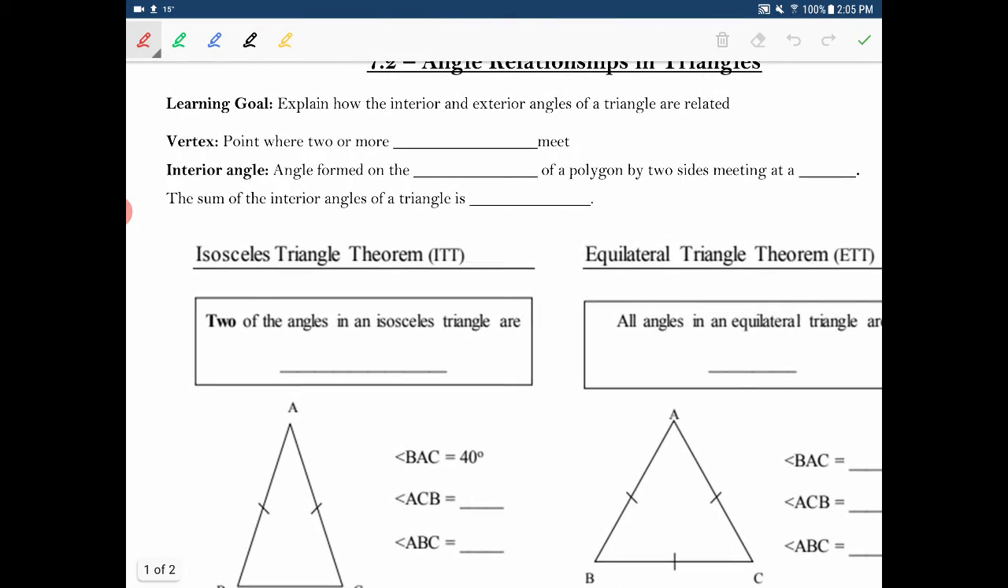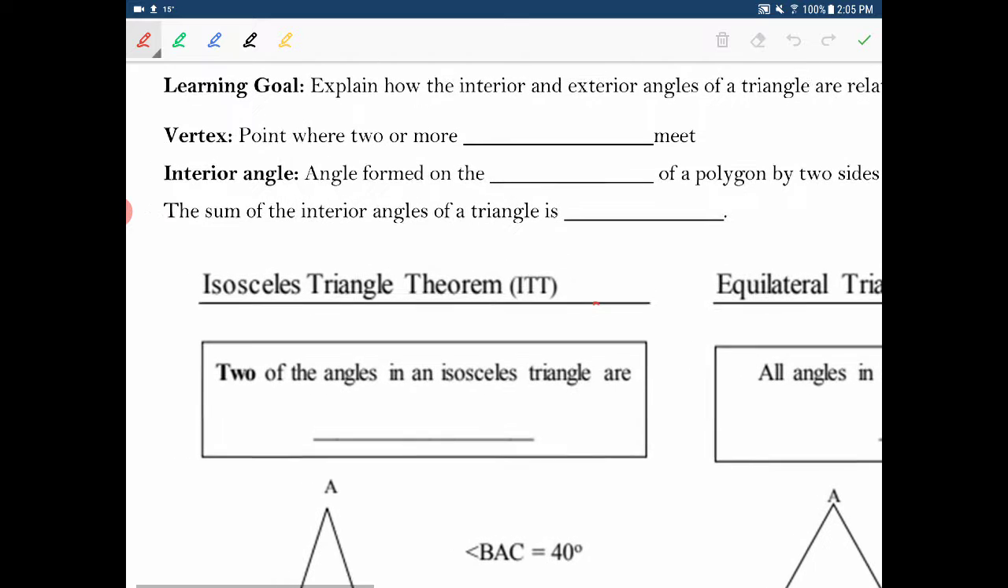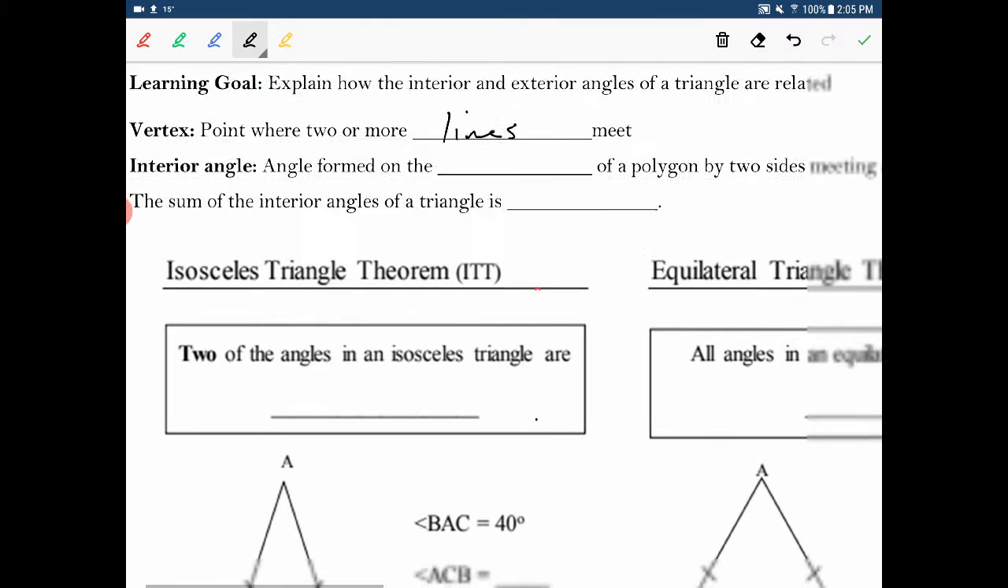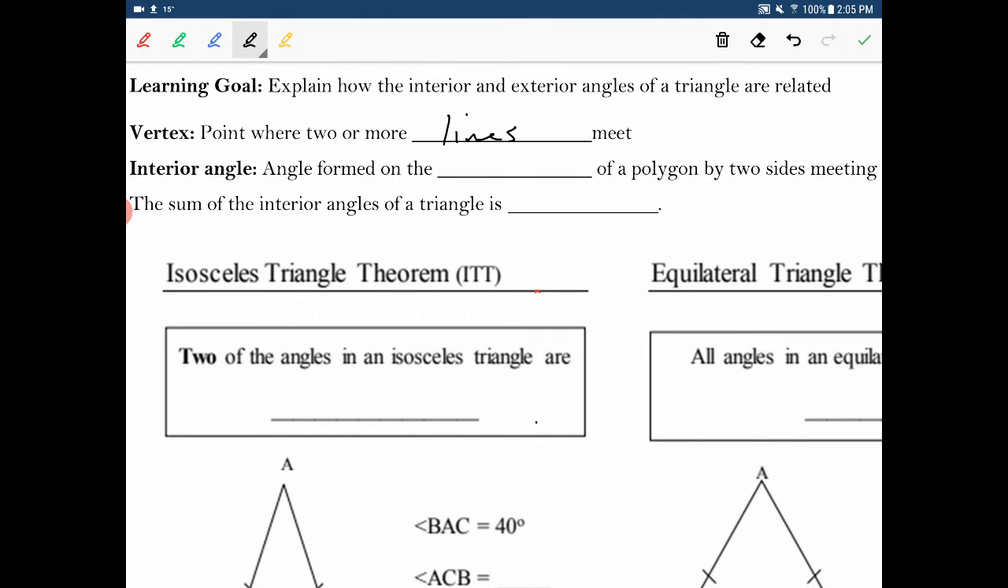So, right off the bat we need some definitions done. The vertex is a point where two or more lines meet. Technically I suppose they're line segments, but we'll call them lines and you know what I mean. An interior angle is an angle formed on the points of a polygon,